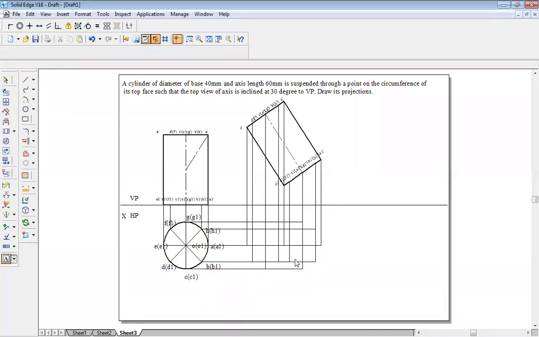Name the corners very easily. You can do it. There is a point A. Your top face is completely on the left side. Bottom face has gone towards the right side. So left side points, you put on the left. So this is A, and this point is B. This point will be C. This will be D. This will be E. This will be F. This will be G, and this will be H, and this will be O. Similarly, this will be A1, B1, C1, D1. This side I'm going to put E1.